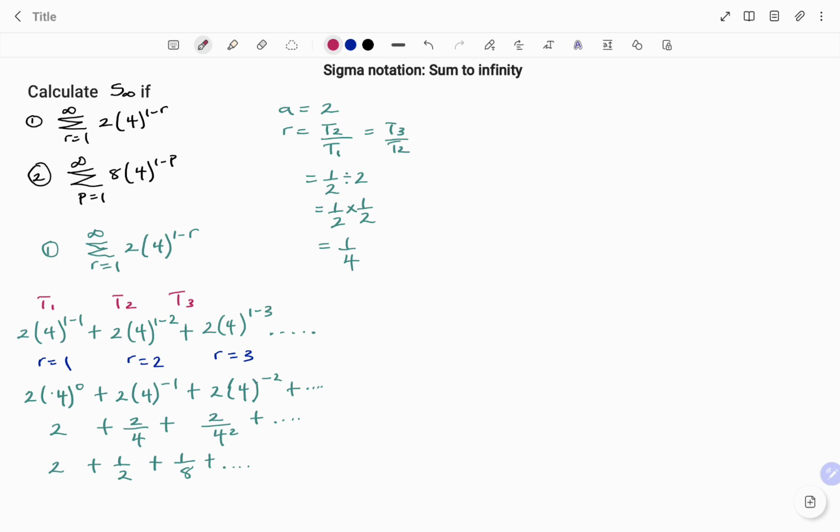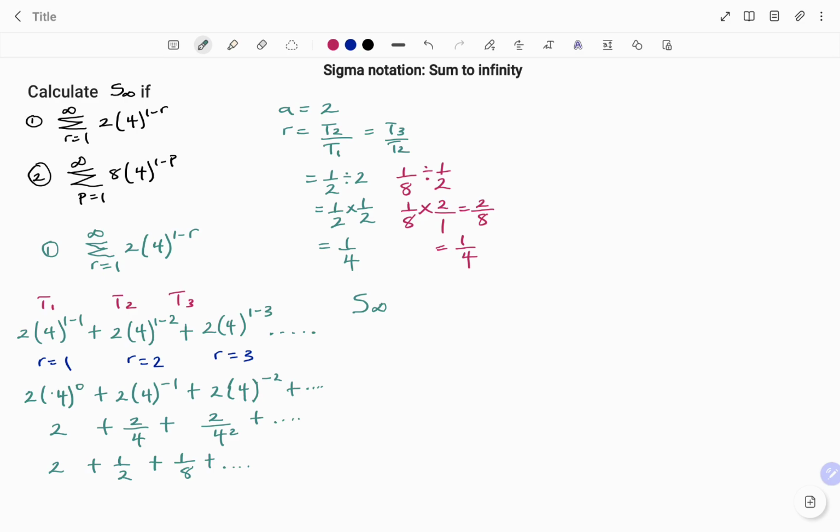A double confirmation will be t3, that's 1 over 8, divided by our t2, 1 over 2. That will be 1 over 8 times 2 over 1, which is also equal to 2 over 8, and that will also give us 1 over 4 if we simplify. So we can see we have a common ratio of 1 over 4. Therefore, the sum to infinity,